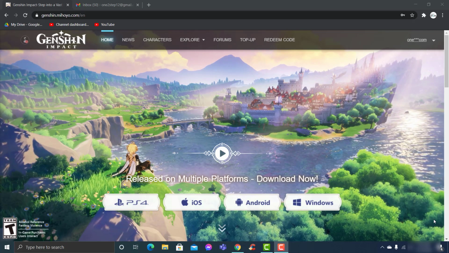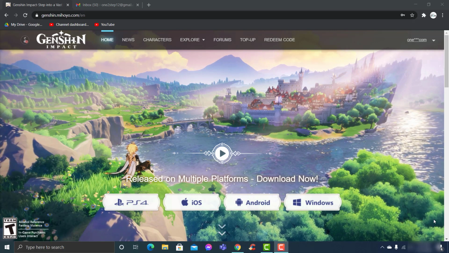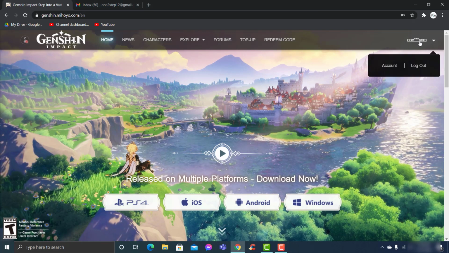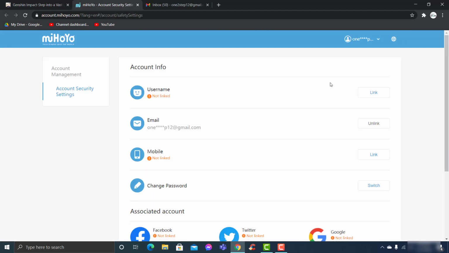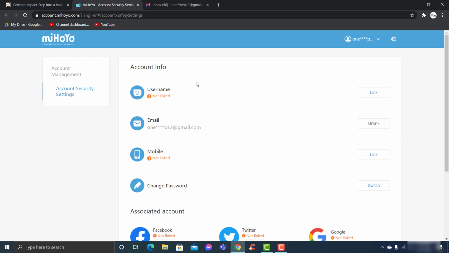In today's video, I'll show you how you can delete your Genshin Impact account. So, you can do this from both your PC as well as your mobile device. As you can see, I'm already logged into my account, and if I go to my account settings, there is no option named delete account. So, the only way you can delete your Genshin Impact account is by directly sending a mail requesting the deletion